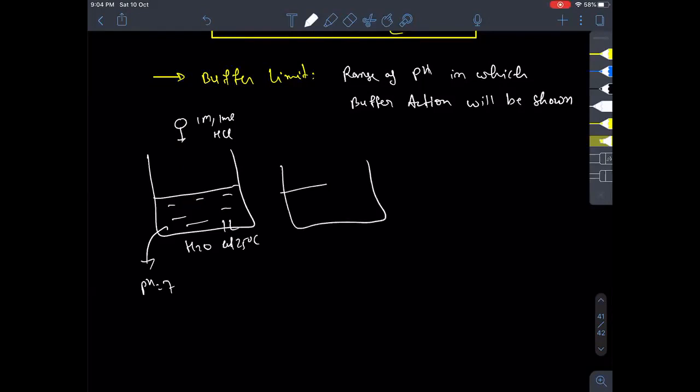So inside, what will be the concentration of HCl? Here, the mole is 10 to the power minus 3, molarity into volume. So the concentration of HCl once it is added will be 10 to the power minus 3, because 10 to the power minus 3 mole in 1 liter. So what will be the pH? You can see minus log H plus ion, that will be 3 because it is a strong electrolyte. Can you see the drastic change in pH from 7 to 3?